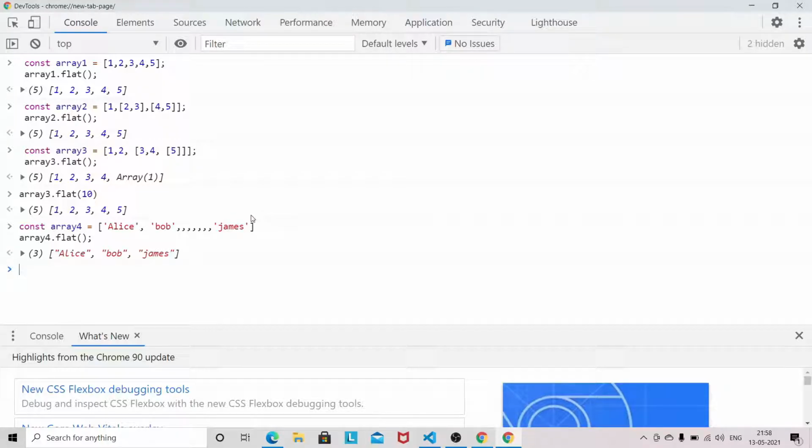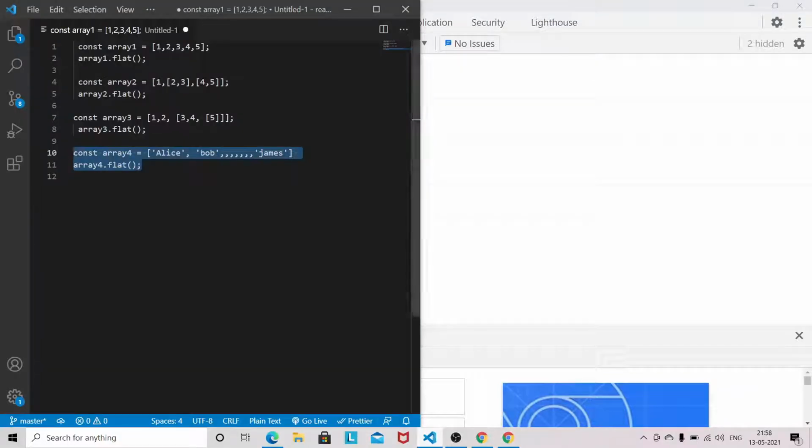Now the next feature introduced by ES2019 is called flatMap. The flatMap method returns a new array formed by applying a given callback function to each element of the array and then flattening the result by one level.